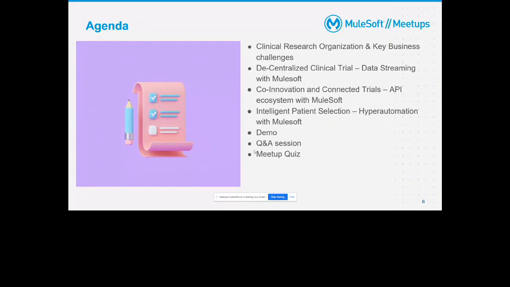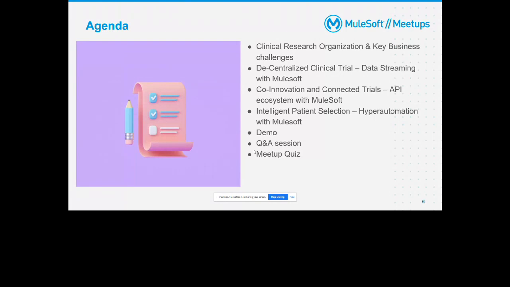I will show three areas where MuleSoft can be utilized as a platform for this type of research organization's digital transformation. One is decentralized clinical trials, which is a hot topic in this industry.